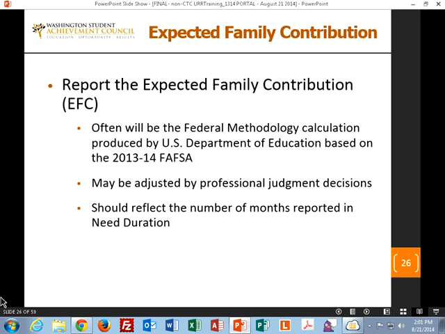Reporting the expected family contribution will often be the federal methodology calculation that you've received from the Department of Education. It may be adjusted by professional judgment, and it should reflect the number of months reported in the need duration.